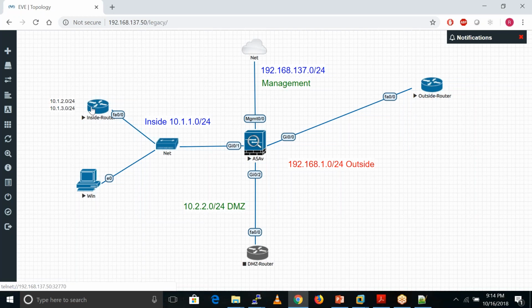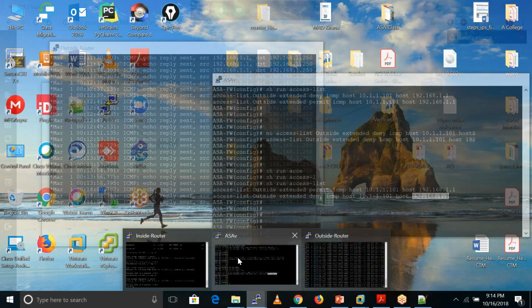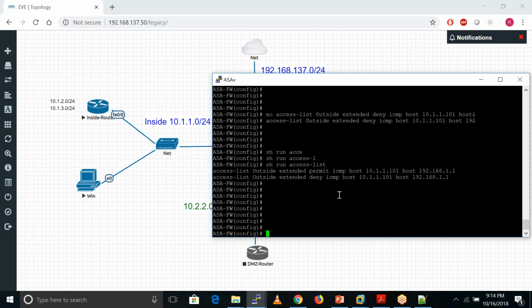This is the ICMP request packet. When the reply comes from outside to inside, the source is 192.168.1.1 and the destination is 10.1.1.101. So what we need to do is change these things here.